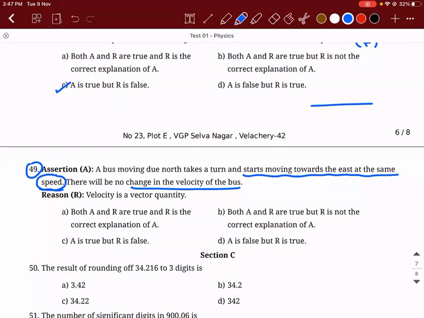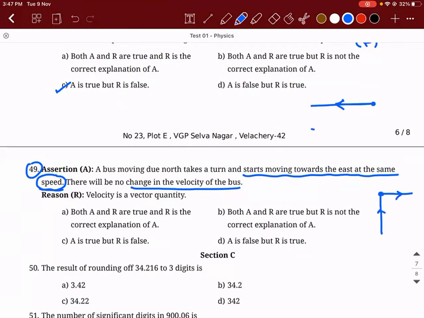You remember a person is running and turning back. So that velocity will become zero only at the instant when there is a change in direction of 180 degrees. Try to understand. So here what is going to happen? The object is going like this and it is instantly taking a turn. For that, there is no necessity for the object to come to rest here. Think about it.